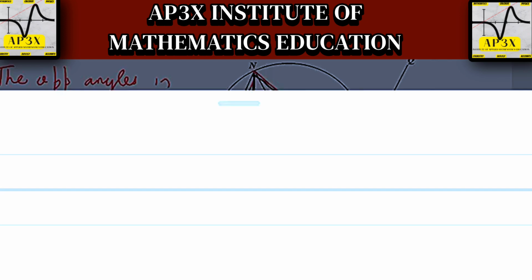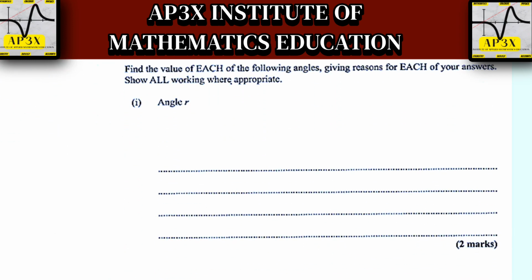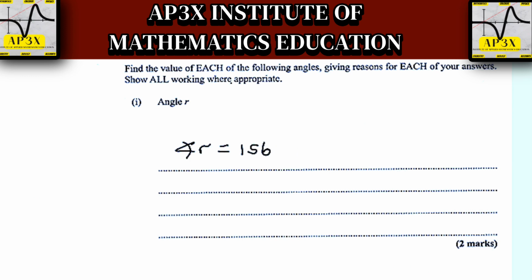So if I use my yellow marker here, just follow me for a second, guys. If I say that this angle right here is 156, then notice that these two lines also lead all the way up here and here as well. So right away I know that this angle right here at R is going to be half the size of 156. So angle R is equal to 156 divided by 2, and that's going to be equal to